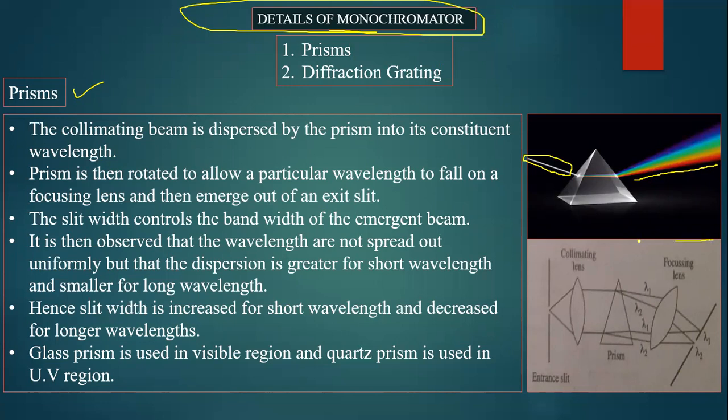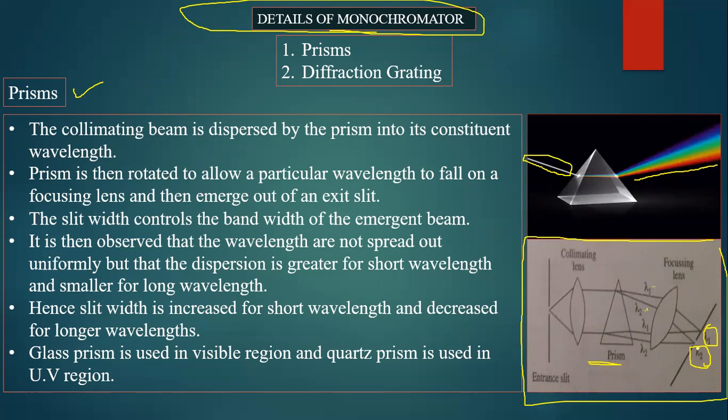See, this is the diagram from your book, in which you can see that lambda 2 comes out through the slit and lambda 1 is filtered. So how is that light passing through the prism? There the wavelengths get separated as lambda 1, lambda 2, such different wavelengths. Here, for understanding, they have mentioned lambda 1 and lambda 2.